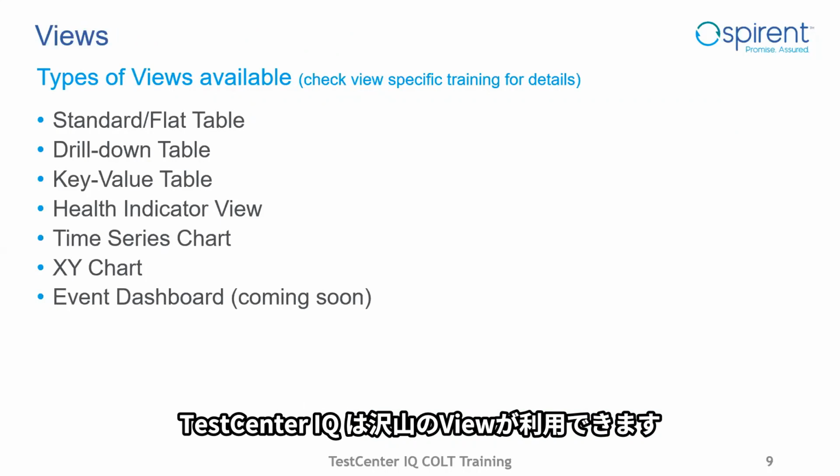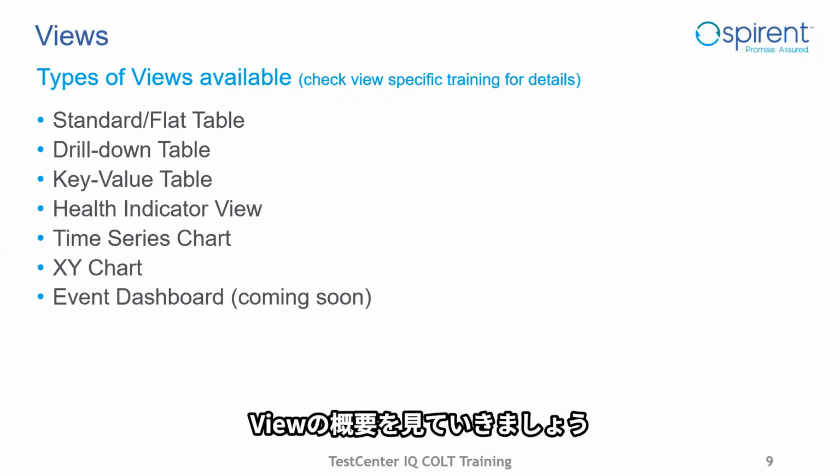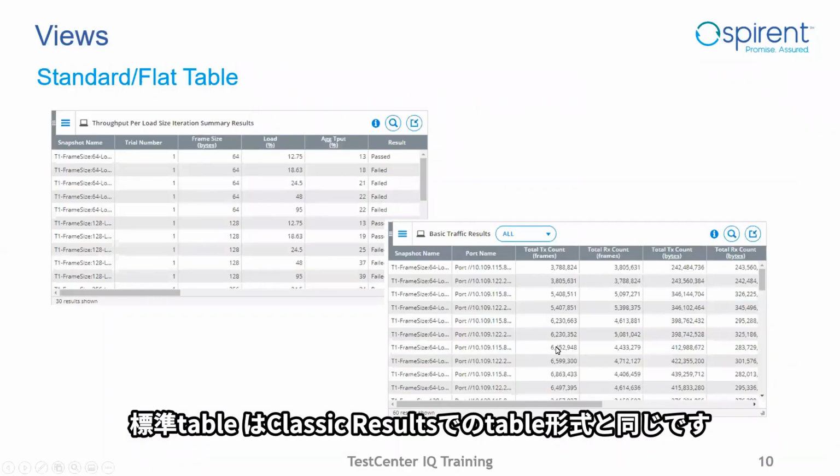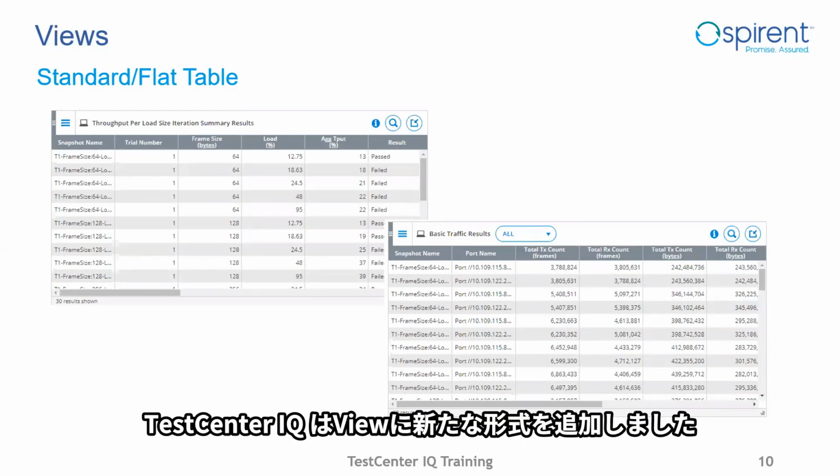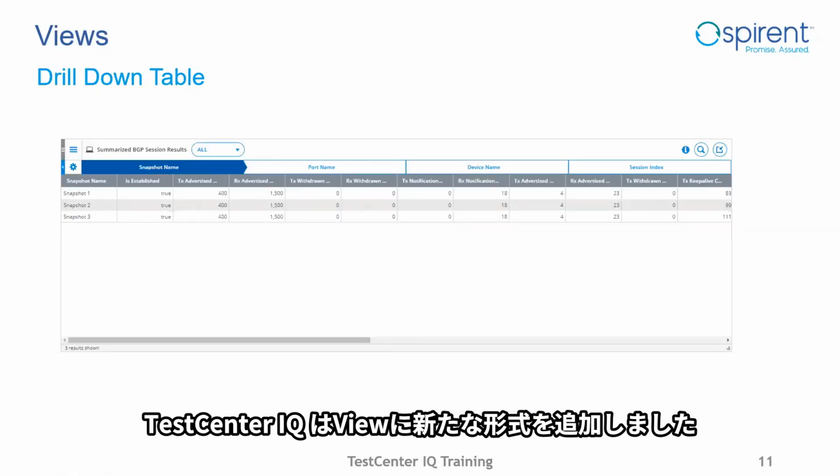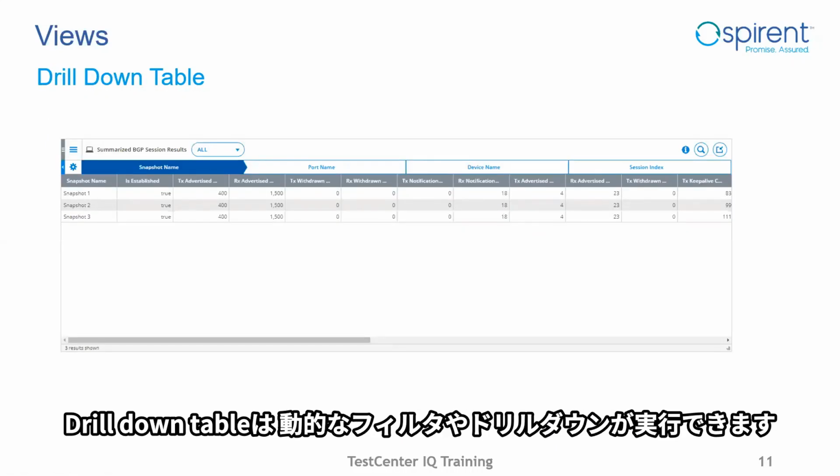TestCenter IQ has many types of views available. I'd like to do an overview of those now. The standard or flat table is similar to the classic results table, although TestCenter IQ has increased functionality. The drill down table supports dynamic filtering to focus on specific data. Click left to right